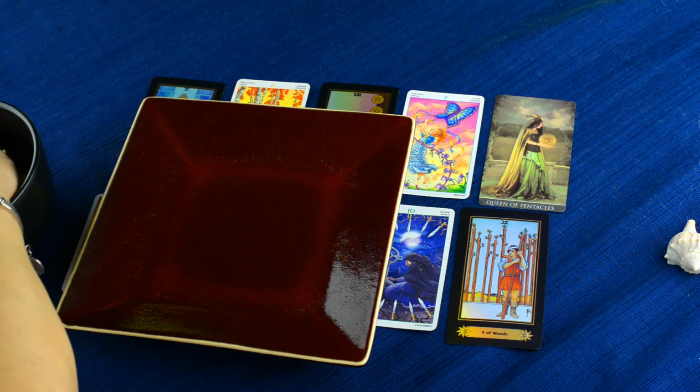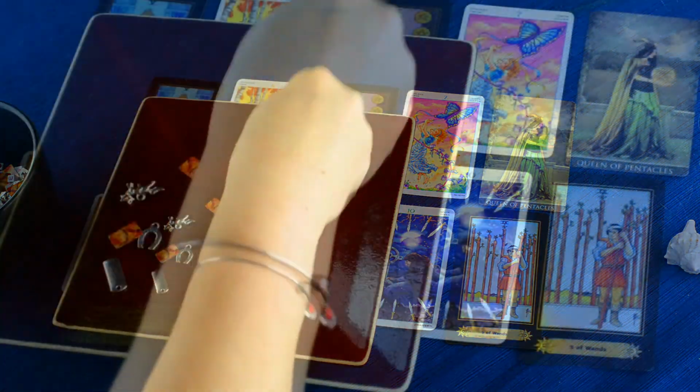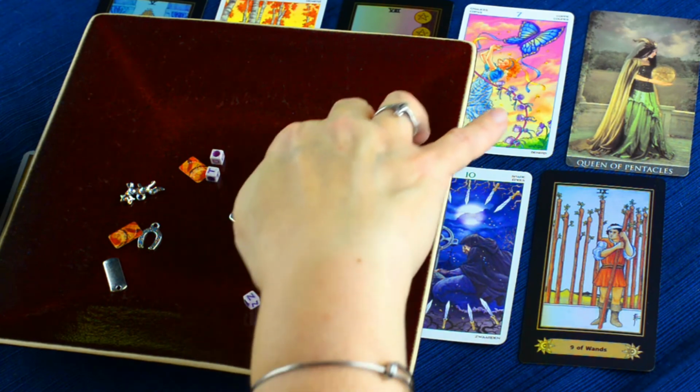Get them stirred up really good. I got some more charms coming in soon. I'm looking forward to having a few extra charms in here. Not that we ever pull out all of them that are ever in here, but oh, one more. Live in the moment,